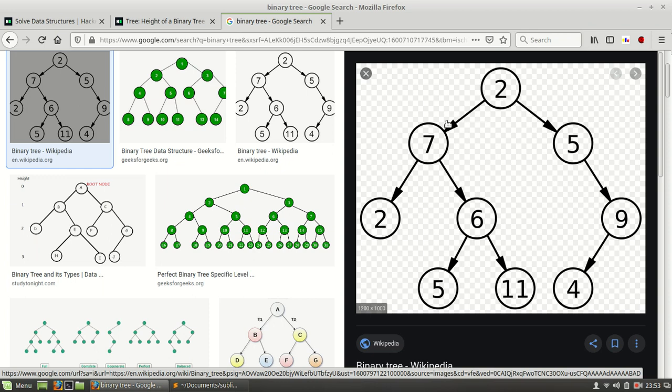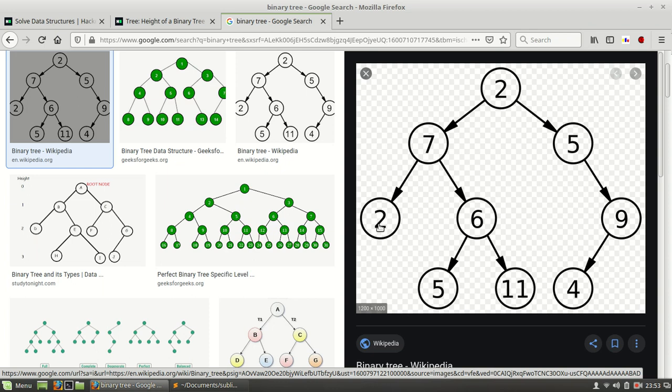So first we calculate the height of the left node, then the right node. To calculate the height of the left node, we need its left node height and its right node height. The left node height is equal to 0. Why? Because it does not have any node down to it.